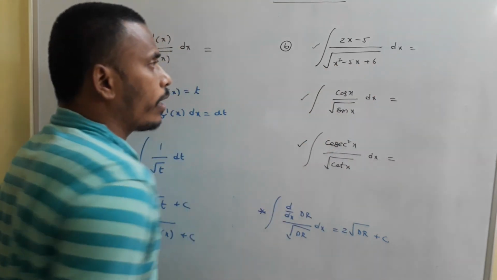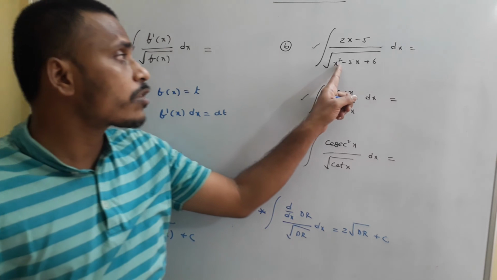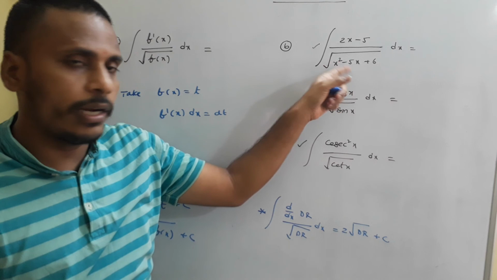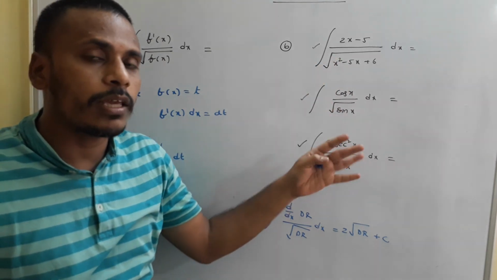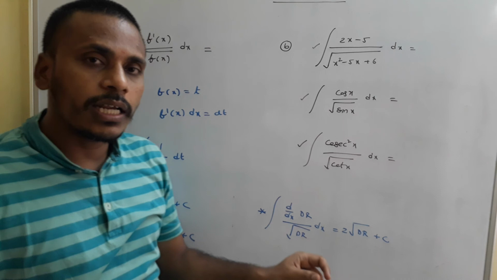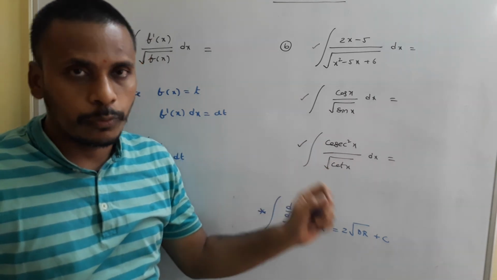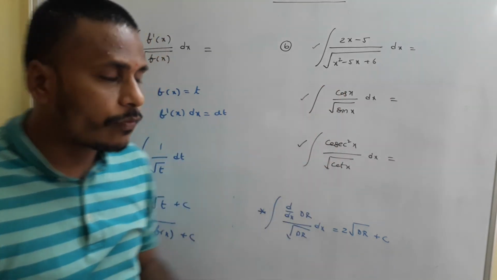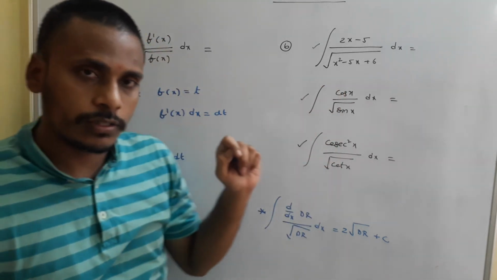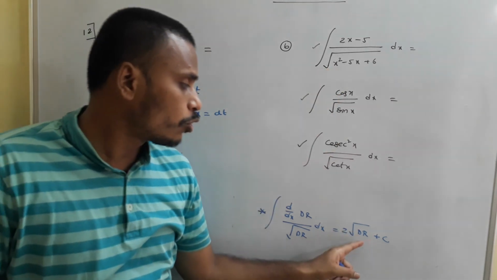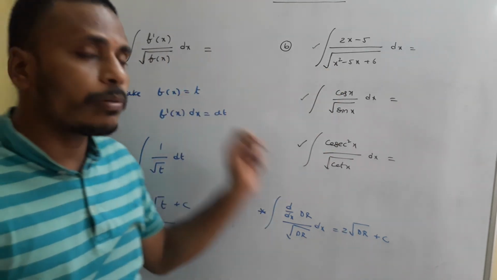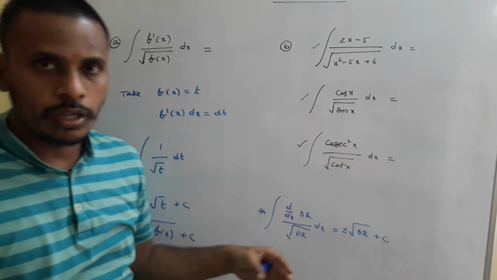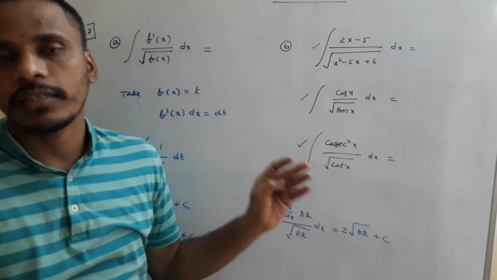Here we have x square minus 5x plus 6. Since it is x square minus 5x plus 6, what is its derivative? Under the root in the denominator. Okay, just observe. What is the difference between the previous problem and this one? The derivative of the denominator is in the numerator. Earlier also, and now also. But for the previous case, the denominator is only f of x. But for this case, the denominator is root f of x. If a root is there for the denominator, 2 root denominator is our answer. If simply we have the denominator and its derivative in the numerator, then logarithm of denominator is our answer. Okay, just observe and then analyze, then give me the answer.